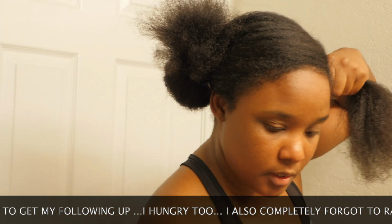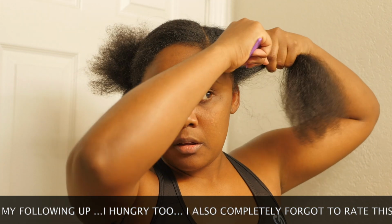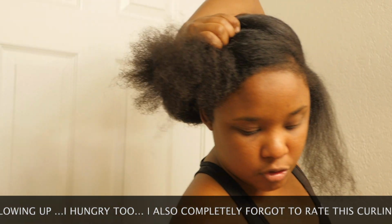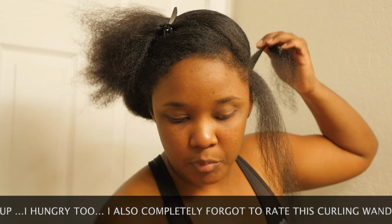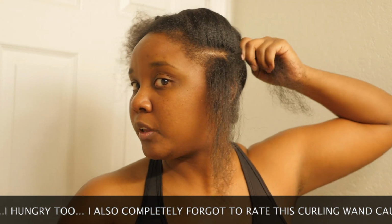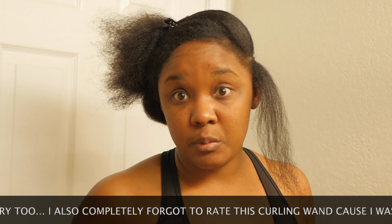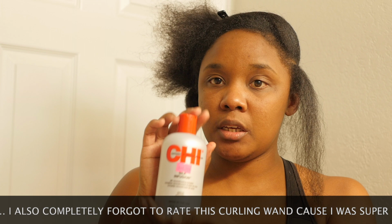Hair is everywhere. It comes with these clips, and I'm gonna use these to take the hair out of the way. Like such. So that's one clip. And then I'm going to section this in half. I'm not particular about sections when I'm curling, I'm not particular about parting my hair when I'm doing anything with it really. And to protect my hair, I'm going to be using